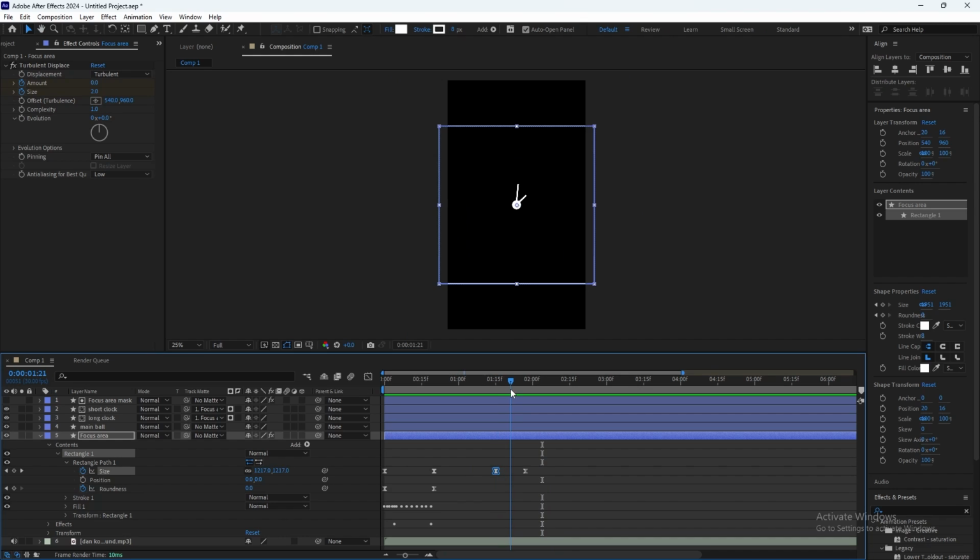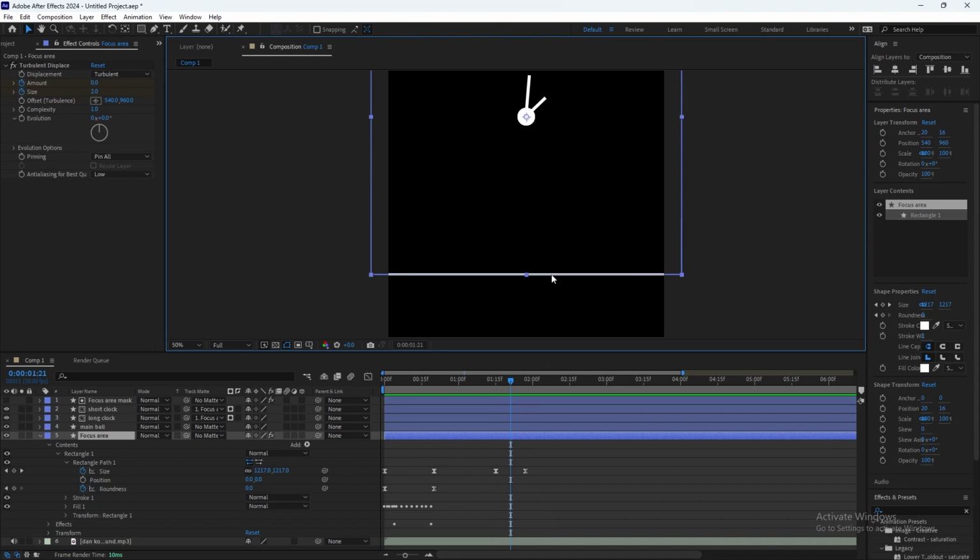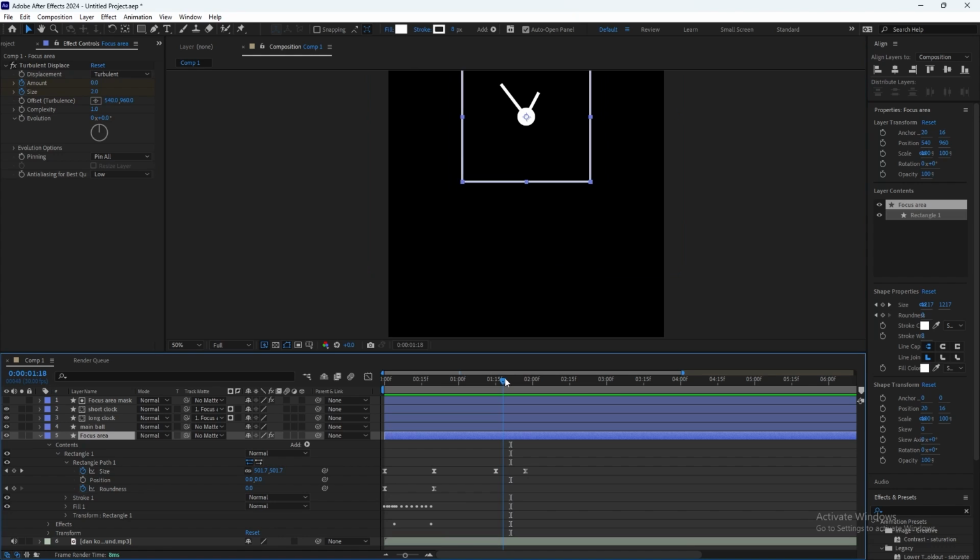Nice. But another thing that we need to do is look at here. If it gets bigger, we need the stroke width to get bigger, because it's the same stroke width at the start and it doesn't look realistic.